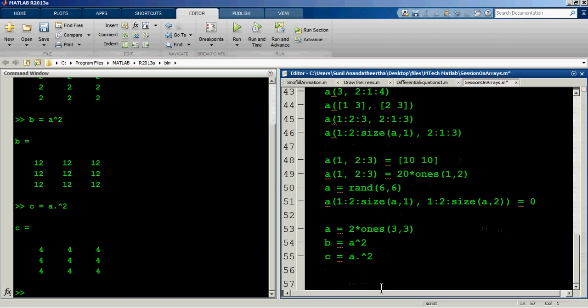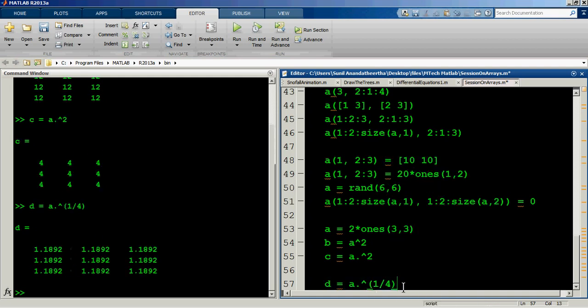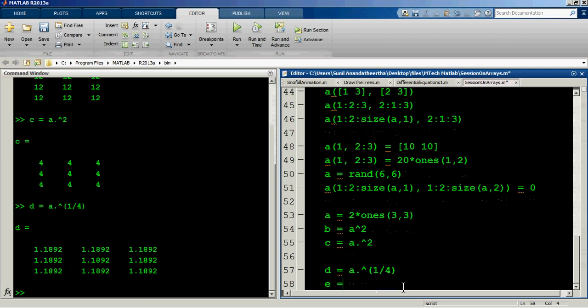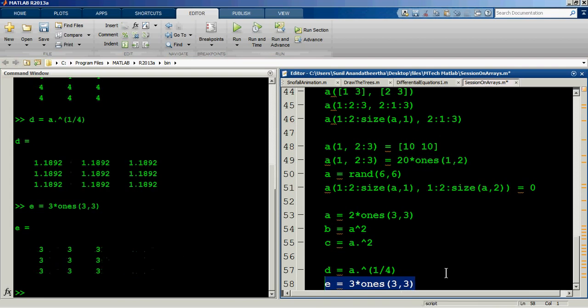And you can also define it for, let's say, D equals A dot square, to the power of 1 by 4. This was equally well and fine. And let's say that we also have another matrix E as 3 times ones of 3 cross 3, and when we evaluate this expression we see that it is a matrix full of 3's.